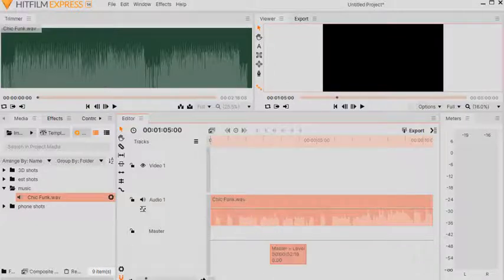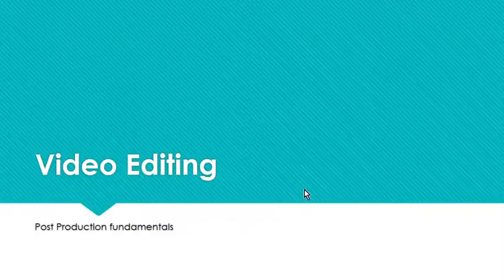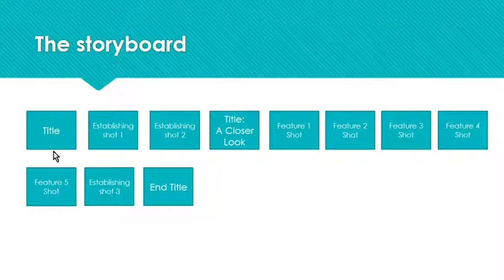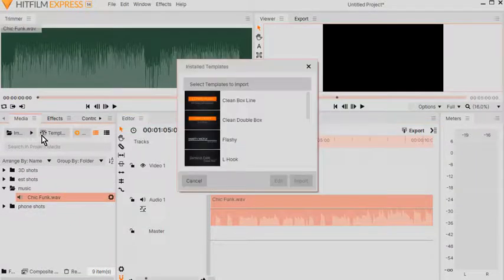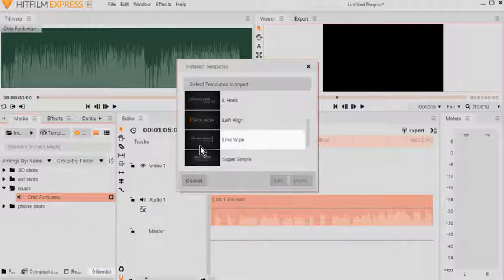So we're going to start off according to our storyboard, and our storyboard says we want to start off with the title and our establishing shot. So let's go with the title. Now the great thing about this program, it has some built-in templates which are pretty cool. So we're gonna pull one of these templates. Let's pull this one, and let's try this one. So these two,